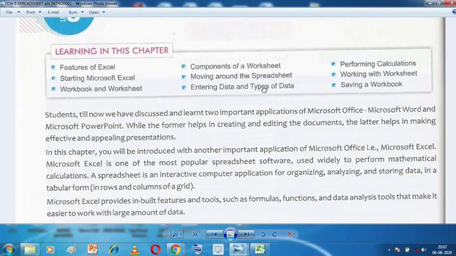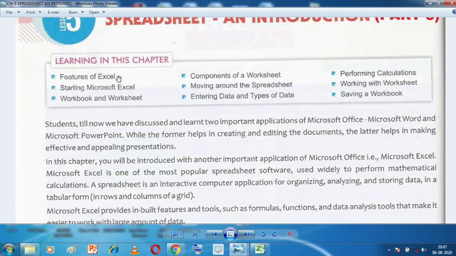In the previous parts, we had studied the features of Microsoft Excel, starting Microsoft Excel, what is the Excel workbook, what is the Excel worksheet, and different components of an Excel worksheet. So in this part, let us start with moving around a spreadsheet.